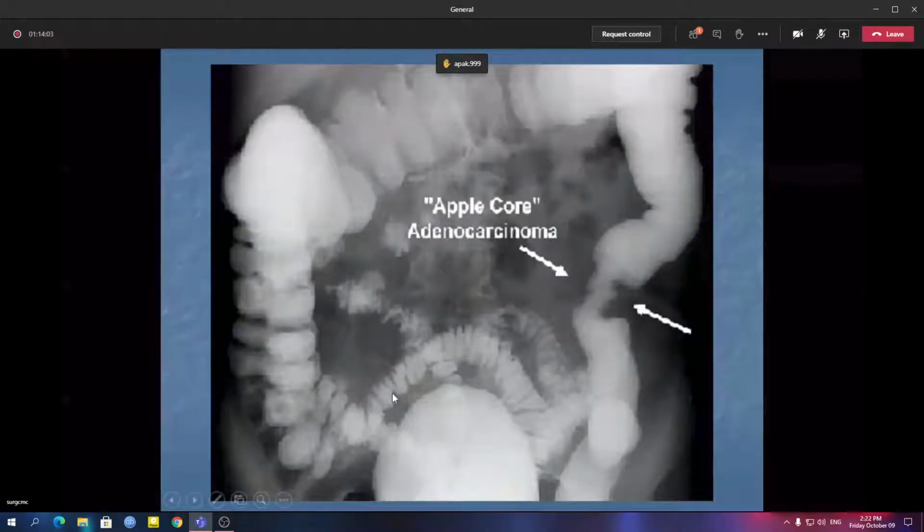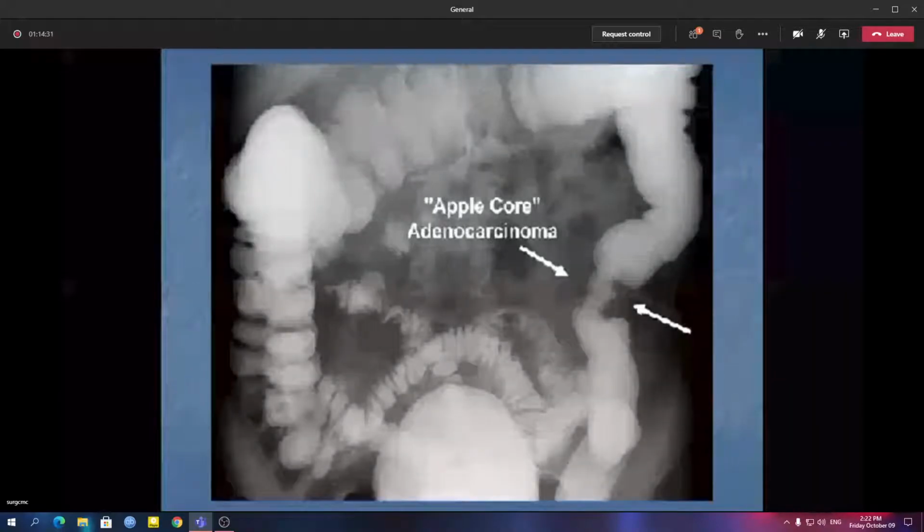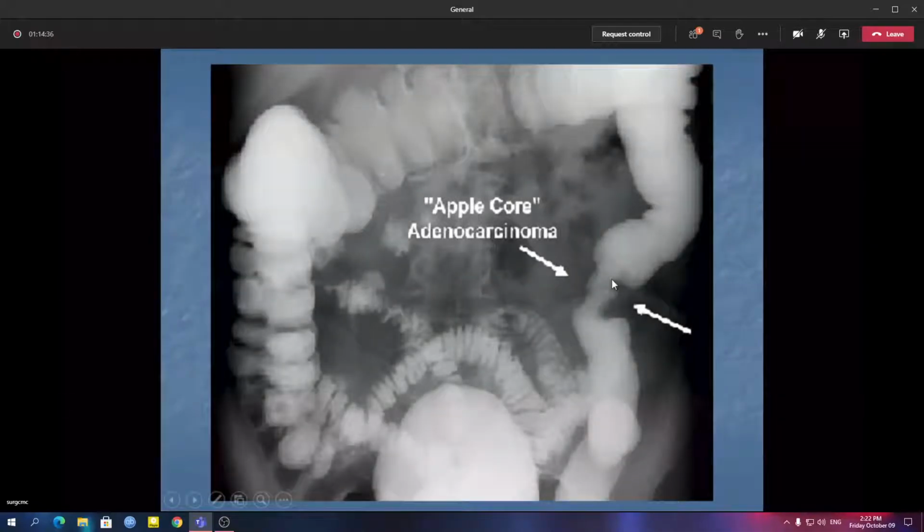This is small bowel, the large bowel going like this, large bowel going descending, sigmoid, and this is the rectum. You can see the classical apple core lesion which is found in an adenocarcinoma of the colon. So if you are given a barium meal follow through, or even a barium enema, where you can see this kind of filling defect within the colon, like a half-eaten apple, central part remaining intact, sides eaten, this is nothing but adenocarcinoma of colon.